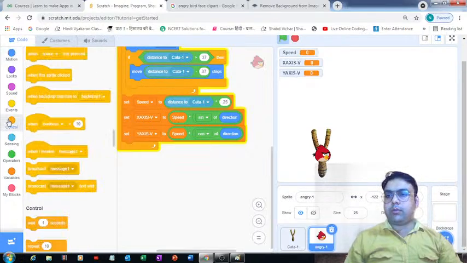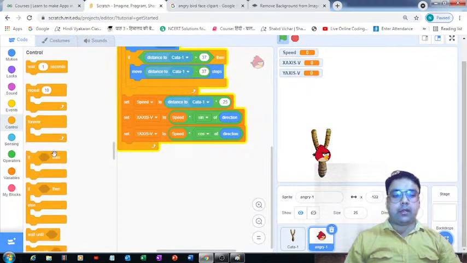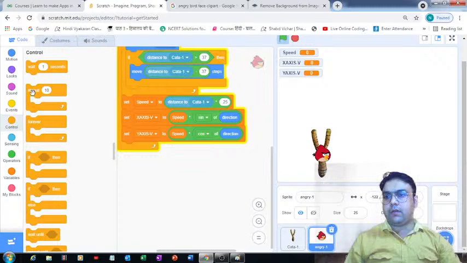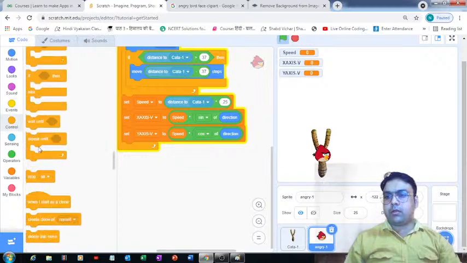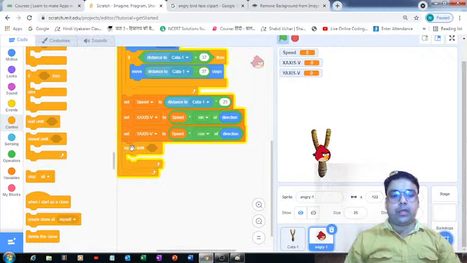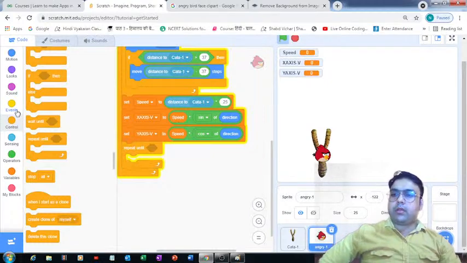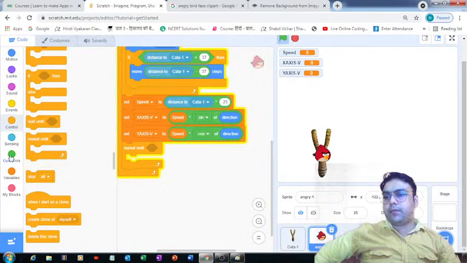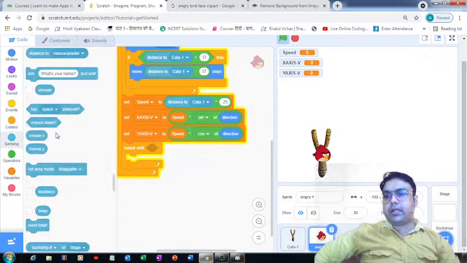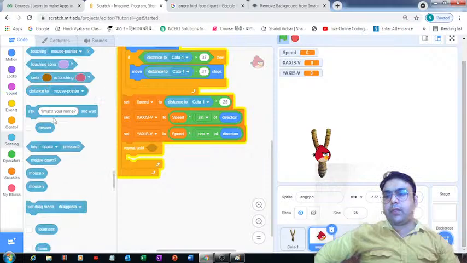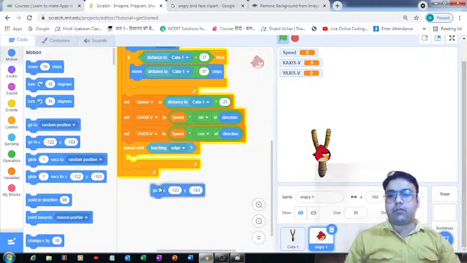And then I would like to make use of this repeat until block. Where is that repeat until? Repeat until, we need to place it over here. Now this process should be repeated until what should happen? Until this sprite touches the edge of this playground. So I think we can make use of this block. Let's select edge from this drop down. Okay, now if it will touch the edge, we make use of this go to x block and put it